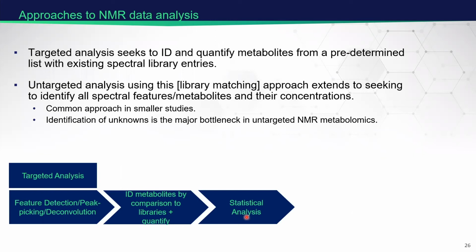over the sample conditions. We do an untargeted analysis that looks very much like the targeted analysis, except we extend this to trying to identify all the features in the spectrum after exhausting our database search. This is actually the most common approach we use here. Very rarely are we only interested in a select list and not anything else. So